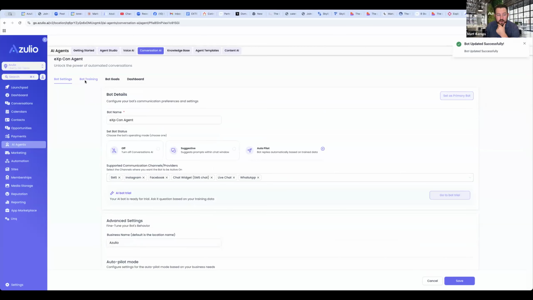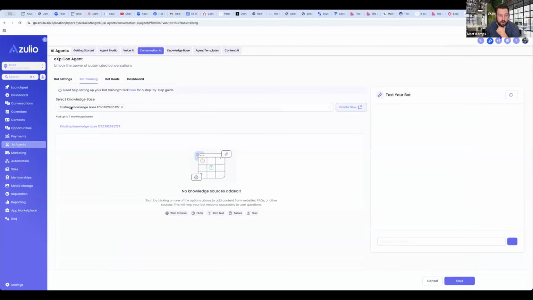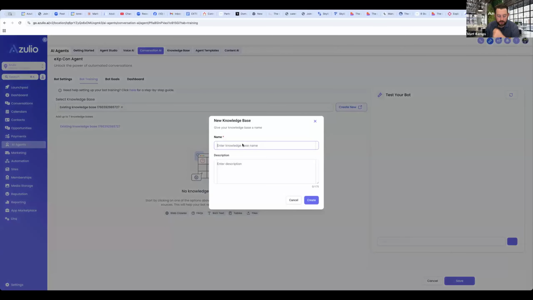I build in what's called bot training. And inside of here, you're going to see what's called a knowledge base. We build the knowledge base based off your personality type and what you want to say. So we would click create new. We would name this Dina Dillard's